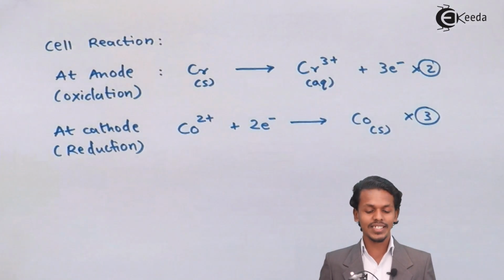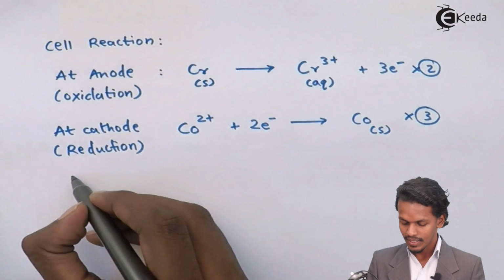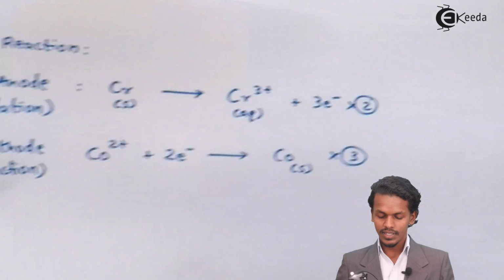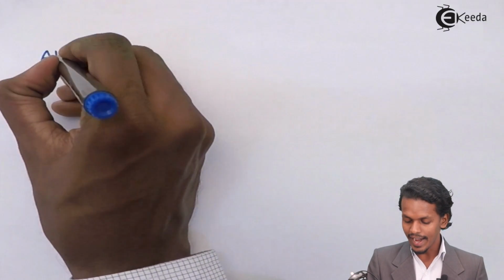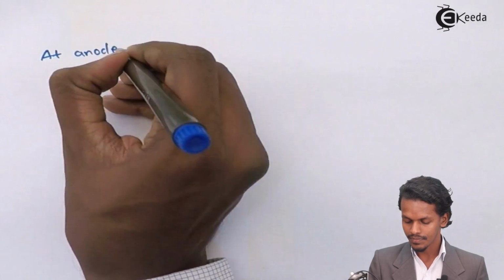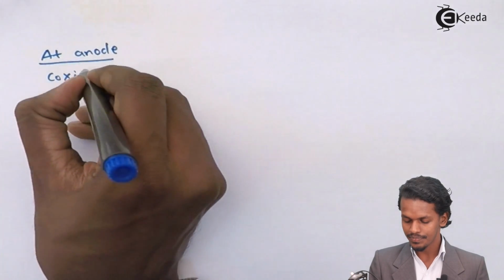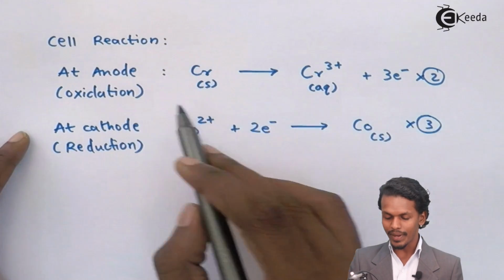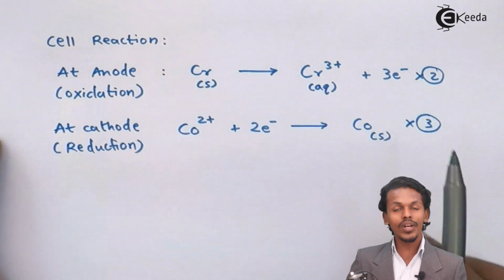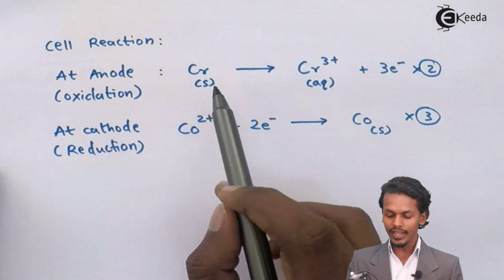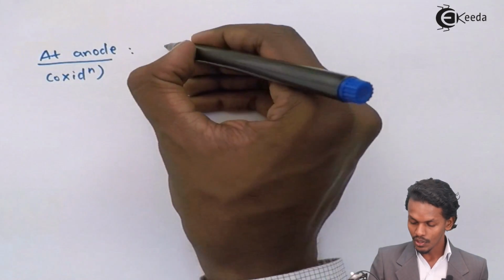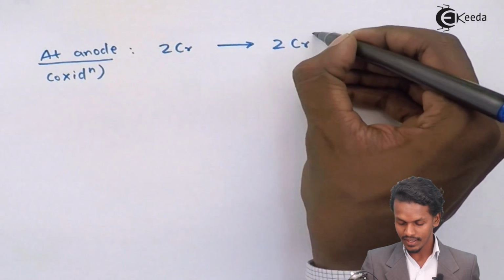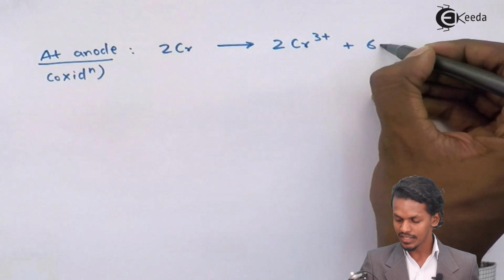So what is the overall reaction that I could get? I could write it on another page. At the anode, in which oxidation takes place, since I have multiplied this equation by 2, the overall equation will also be multiplied by 2. So I get 2 moles of Cr, giving 2 moles of Cr3+ plus 6 moles